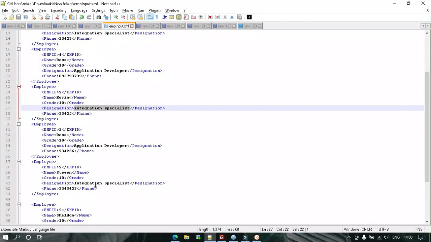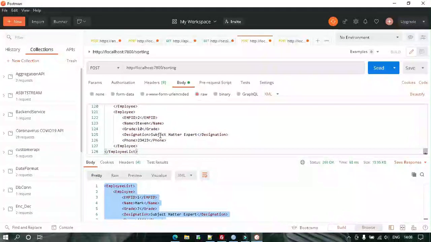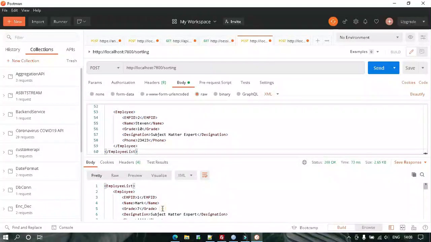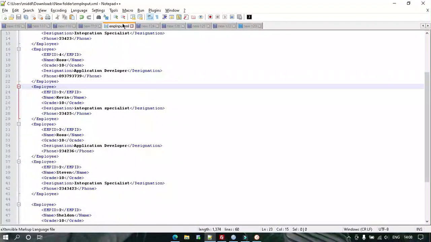In the sixth iteration, it will again find integration specialist, and again all of them will be created. So that's why this repetition is coming. We have to rectify the repetition.